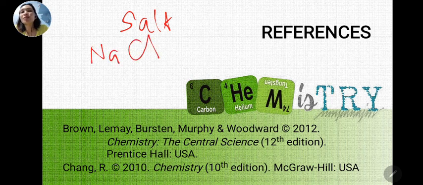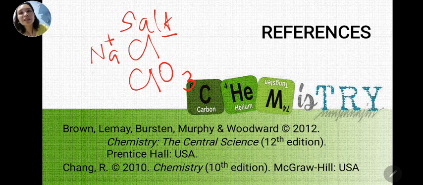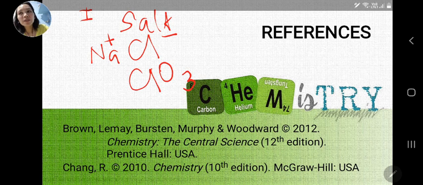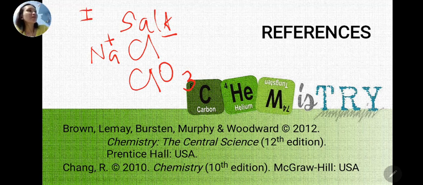This is our table salt. So, this is Na is positive and Cl is negative. So, kapag combination yan or chlorates, ClO3, pag merong yung mga elements na nasa periodic table sa row 1, or period 1, nasa column 1,